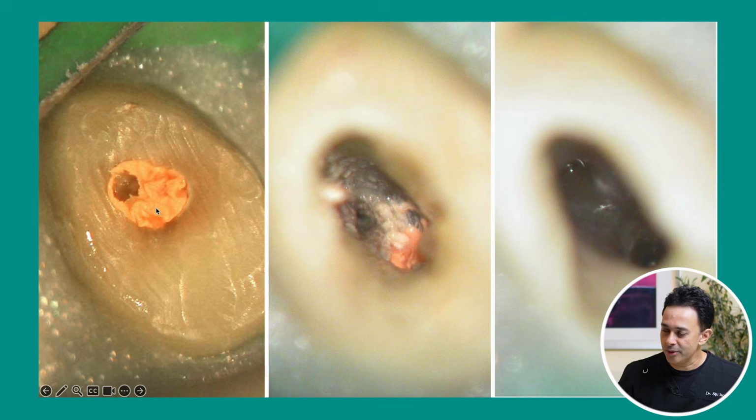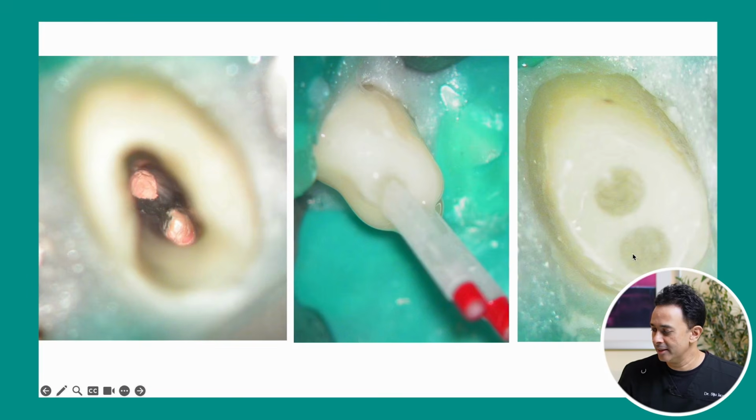The other tooth as well, you can see gutta percha here. When you remove that gutta percha up to the level of the bifurcation, you can see the filled canal, and that's the missed canal over there. We cleaned and shaped both these canals, and you can see here those two cleaned canals, and then put a fiberglass post and core and build it up.